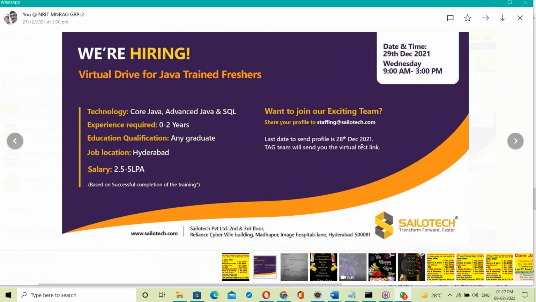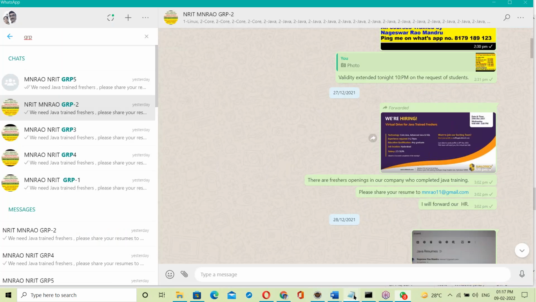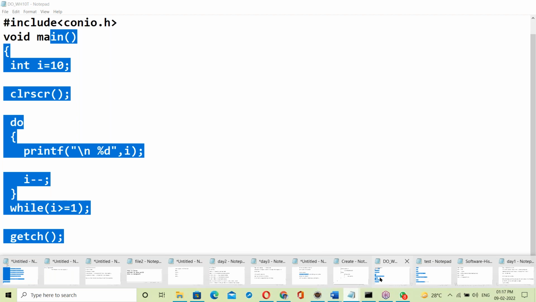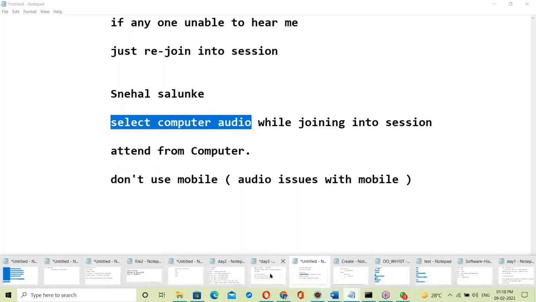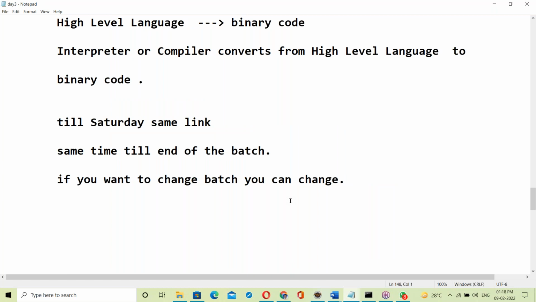This requirement was shared by Celotech Private Limited, which is my present working company. In December, 13 students from our batches were selected in our company. Every 3 months we are taking freshers, and I can help you. Currently everyone is working from home in our company. Work from office has not started, maybe after 3 months it will start.